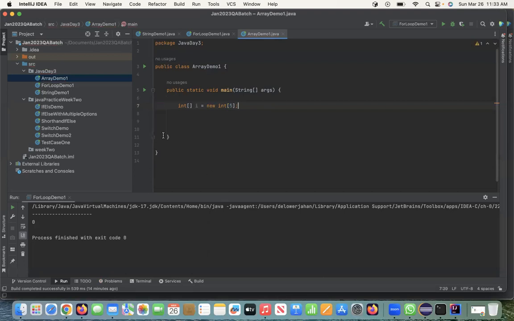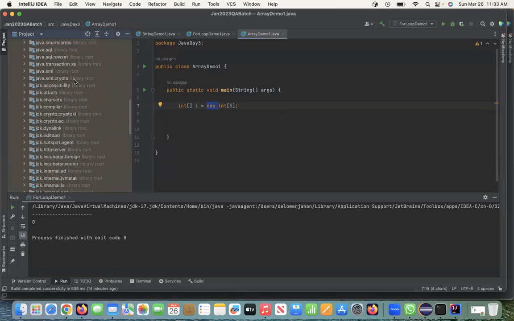So you are first declaring that, and you see that this new word means you just created a reference of an array. This is already part of your Java library. This library already has an array class. So if you go to new and then int 5, basically you are just declaring that, okay, my array I,